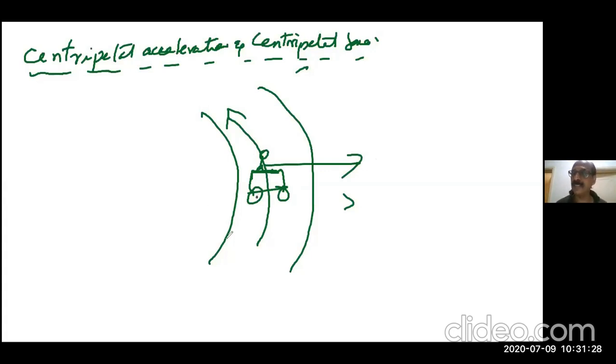The reason is that the car also has the tendency to go out. But between the tire and the road, a frictional force develops, directed into the curve. Here this frictional force is the centripetal force. So this is another example. Sir, because of inertia we could be thrown out, right? Because of inertia it is going outward. But why is it not thrown out? Why is this car not going out?